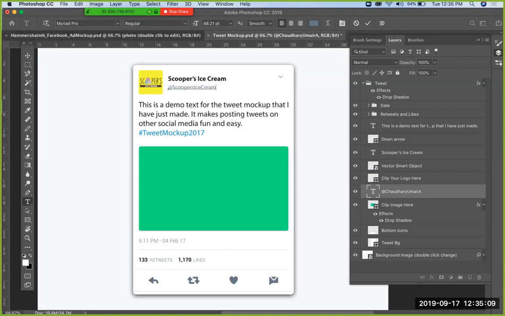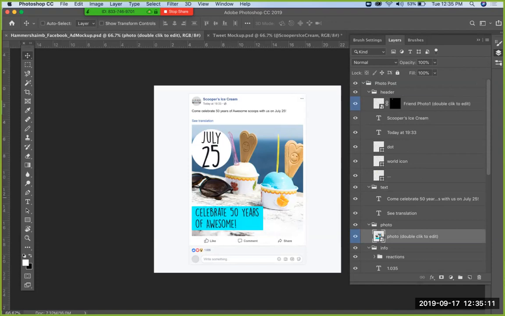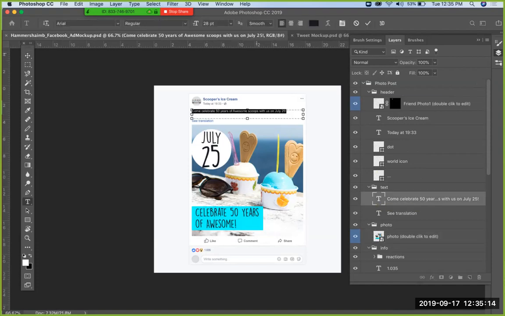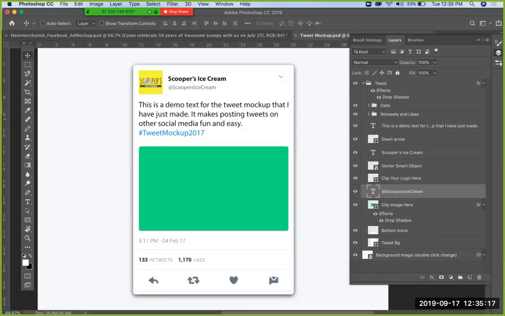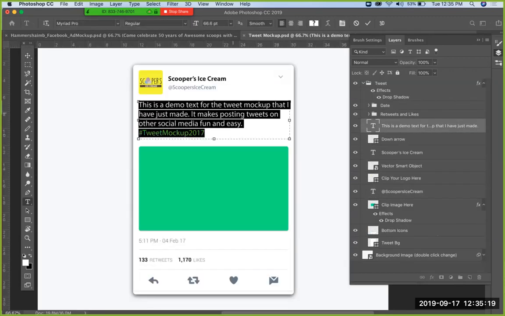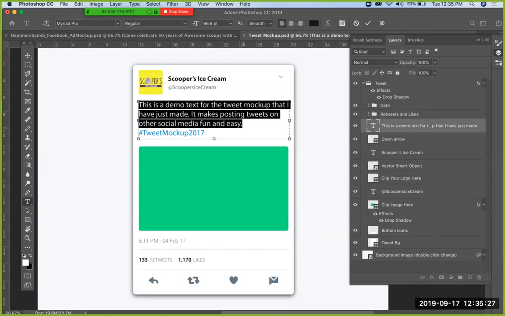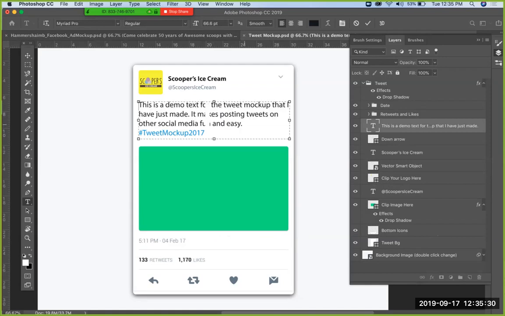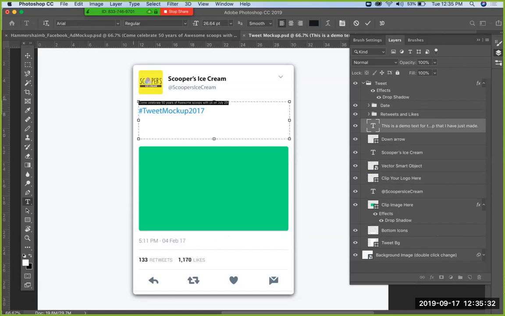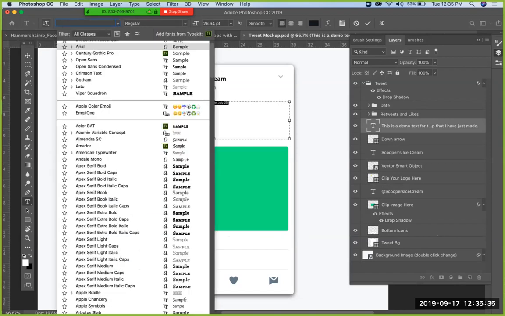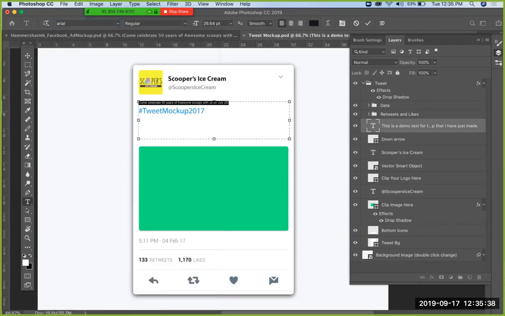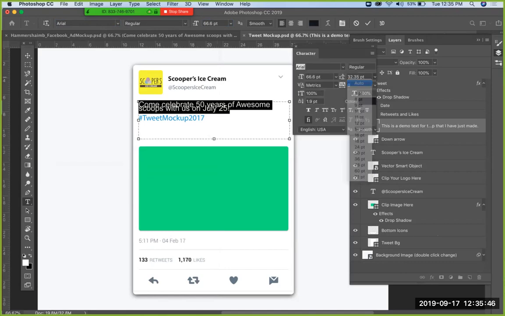Okay, so I'm going to come back over here, and I'm actually going to copy that. It's going to be quite similar, so I'm going to double click on my tweet, and I'm going to paste in, let's see, this is 66.6, isn't that a fortuitous number? Okay. And for the font, I like to keep it in Arial. And set that to auto so that